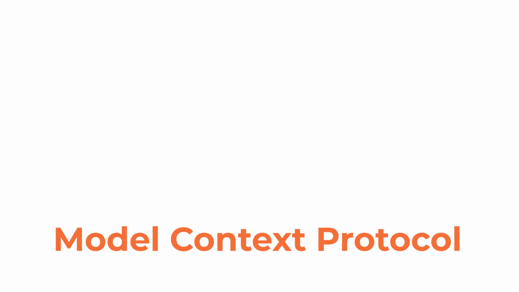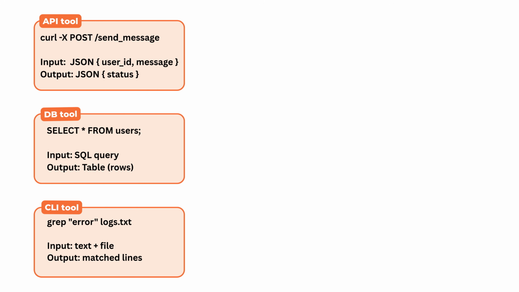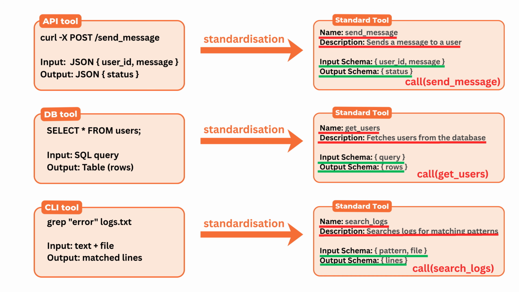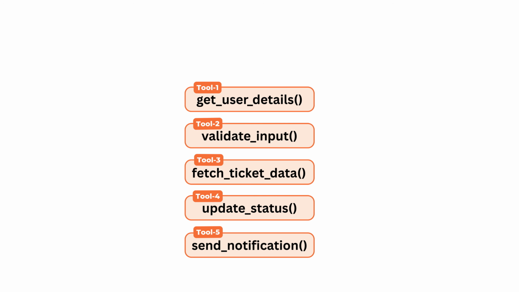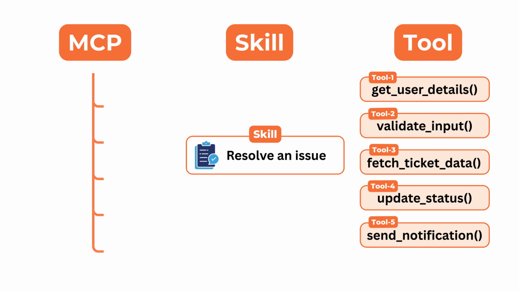Now let's introduce something newer into the picture: the Model Context Protocol, or MCP. At first glance, it might feel like this belongs in the same category, but MCP plays a very different role. It's not a capability, it's not a task, it's a protocol, a standardized way for models to interact with external systems. It defines how tools are described, how context is shared, and how execution happens. So if tools are what your systems can do, and skills are how you organize those capabilities, then MCP is simply how everything connects together. Once you see these layers separately, the overall architecture becomes much clearer.